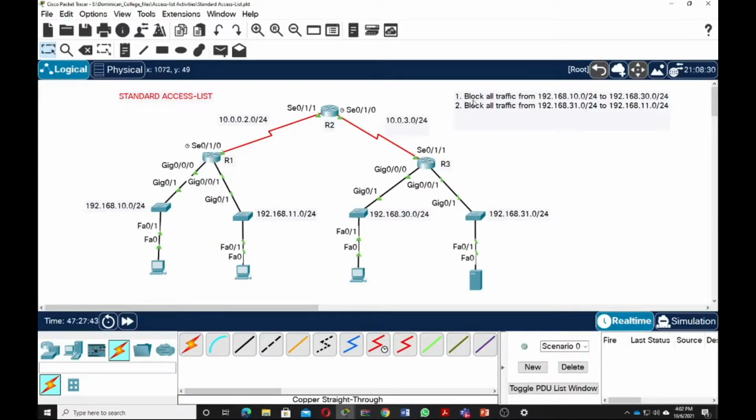Number one is we're going to block all traffic from 192.168.10.0/24 to 192.168.30.0. So this is the 192.168.10 network to be blocked from getting into the network .30.0. Okay, so again, using standard access list,